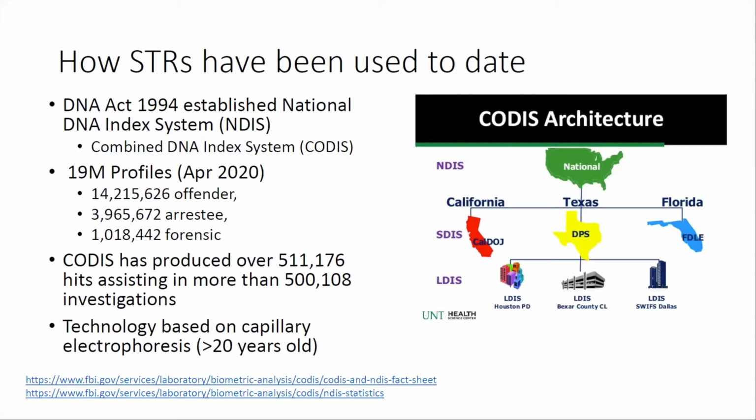So these would be crime scene type profiles that are in the database waiting to get hit from potentially one of the arrestees or offenders. The system's been quite successful. We have near 500 million hits. There are 511 million. And then over 500,000 investigations have been aided. So this is really an investigative tool, right? It doesn't always solve the crime. It's not the data that's admitted into court, but it's used for investigative purposes to try and find individuals and